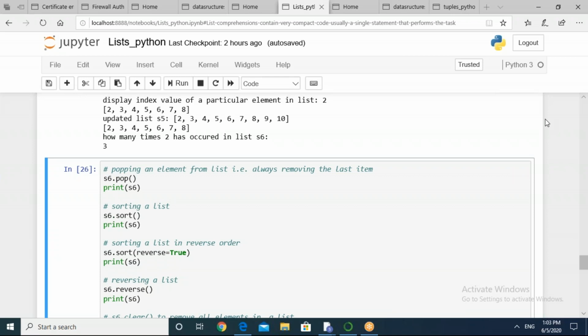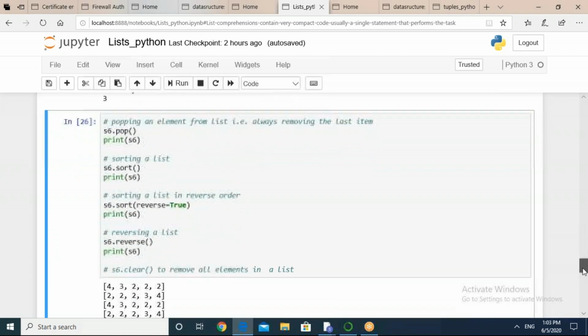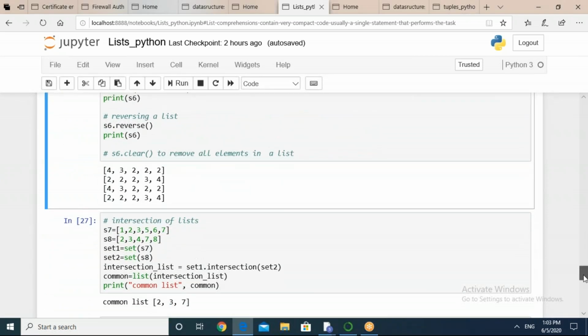So let us see how to do it. So I hope now you are able to see what we are going to do. So after creation of two lists, I have taken two variables, set1 and set2.